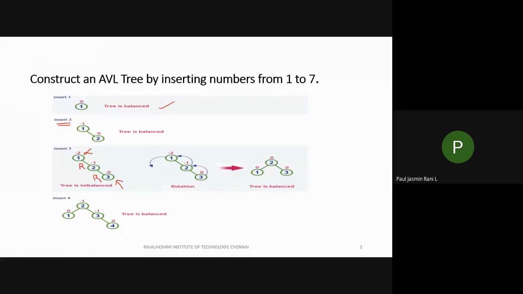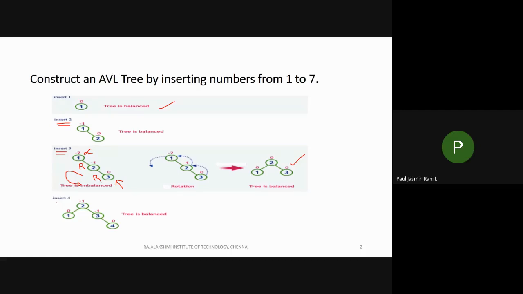Okay, it comes like this, right. If it is on the same side, you have to go for a single rotation. Single rotation means you will go for an anti-clockwise rotation if it is on the right, isn't it? So I'm going to rotate it like this. It means that I'm moving the 2 upwards and 1 downwards. After doing this, the tree is balanced like this. Can you follow this? So after doing a single rotation at the right side, I will get this answer. So this happens in your insertion of 3.